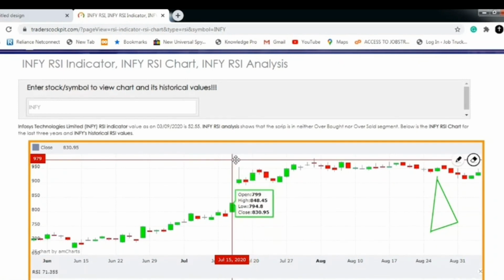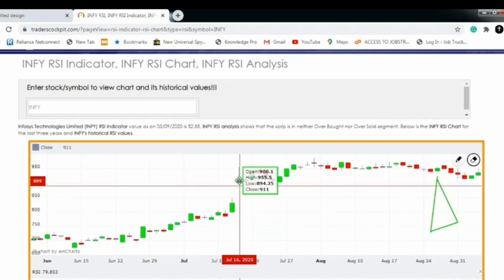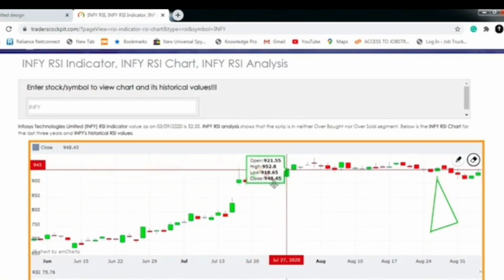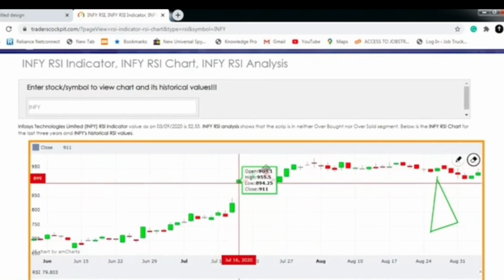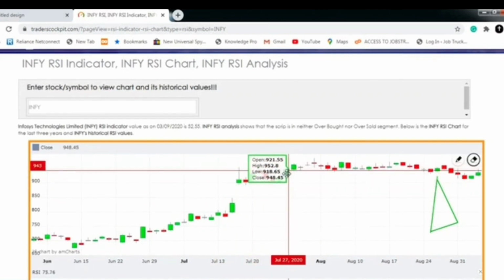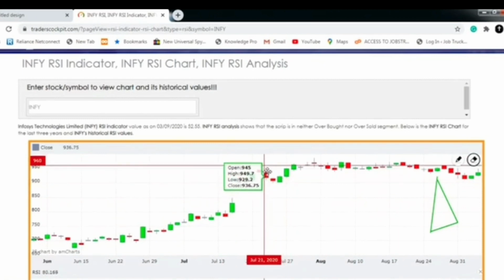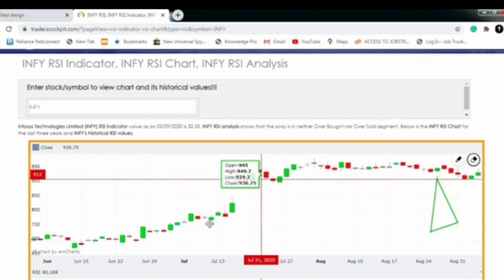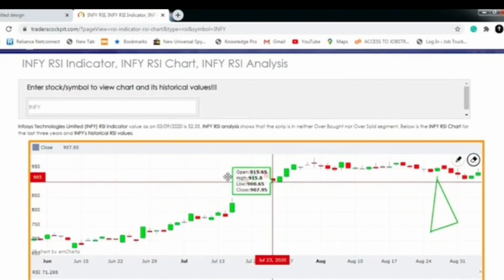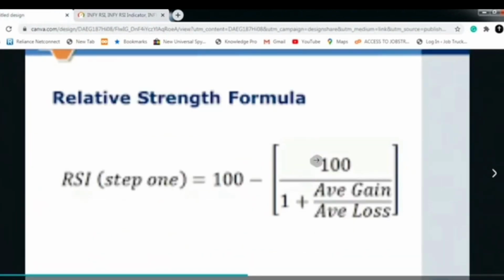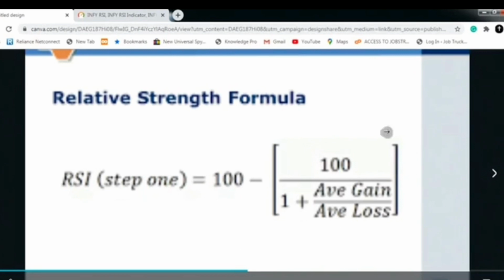And we look at how many candles there are in this. There are many green candles in that. So upon calculating RSI, what we will be doing is taking the average of the green candles. Next, we will take the average of the red candles. The green candles are the average gain and the red is the average loss. Take 14 days gain and 14 days loss for the RSI calculation.